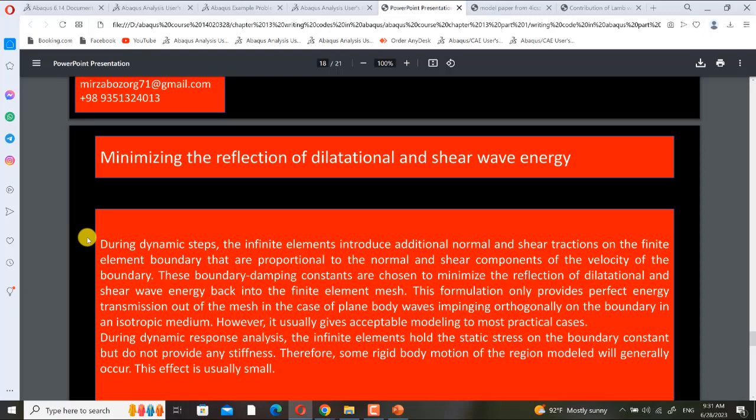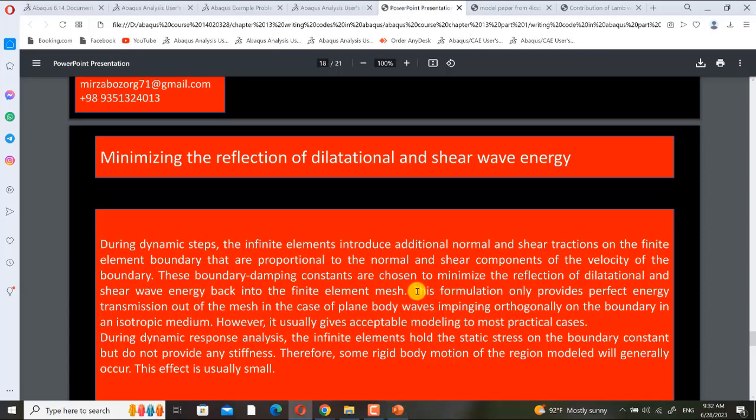These boundary damping constants are chosen to minimize the reflection of dilational and shear wave energy back into the finite element mesh. This formulation only provides perfect energy transmission out of the mesh in the case of plane body waves impinging orthogonally on the boundary in an isotropic medium. However, it usually gives acceptable modeling for most practical cases.